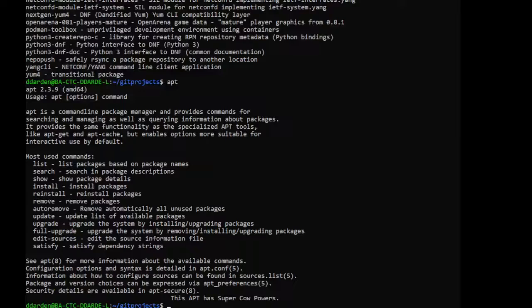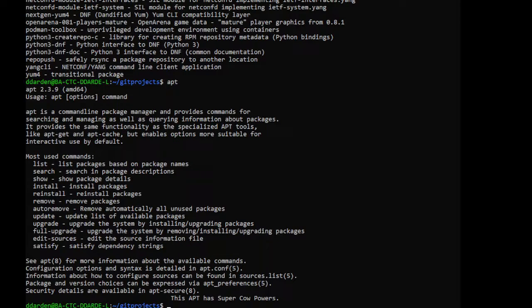So going back to the advanced package tool, this is basically the simple interface, the quick help. These are the most common commands that I'm normally going to use. I'm going to use list, search,